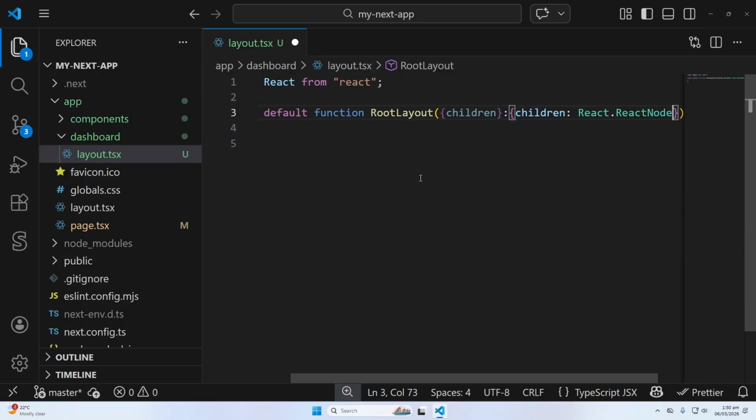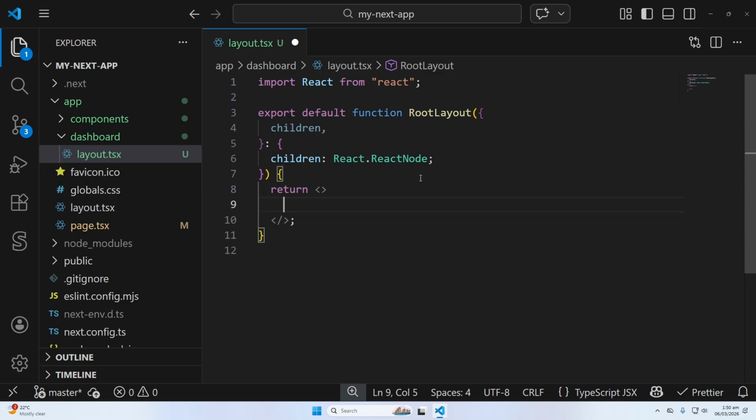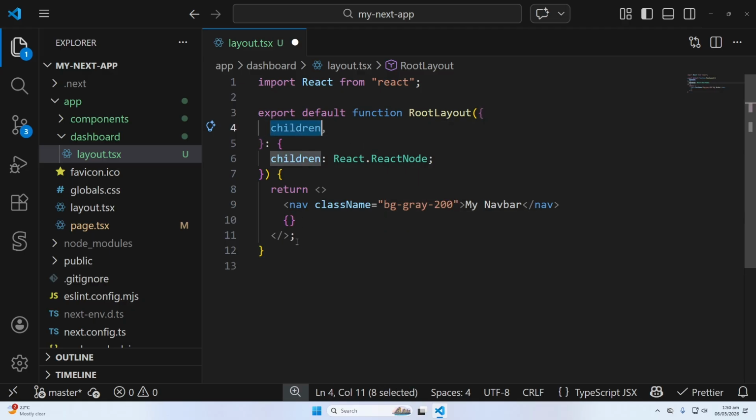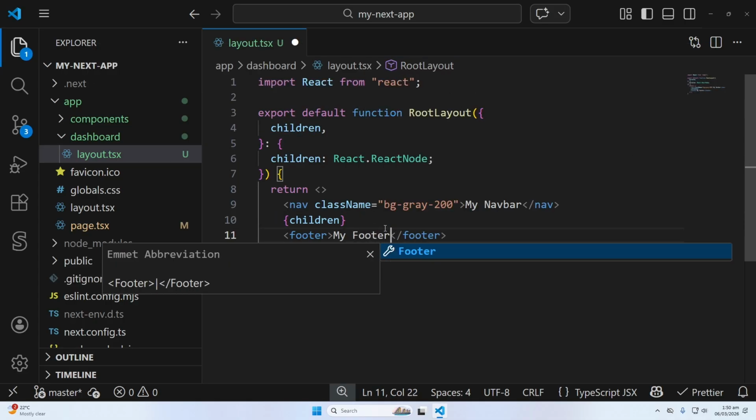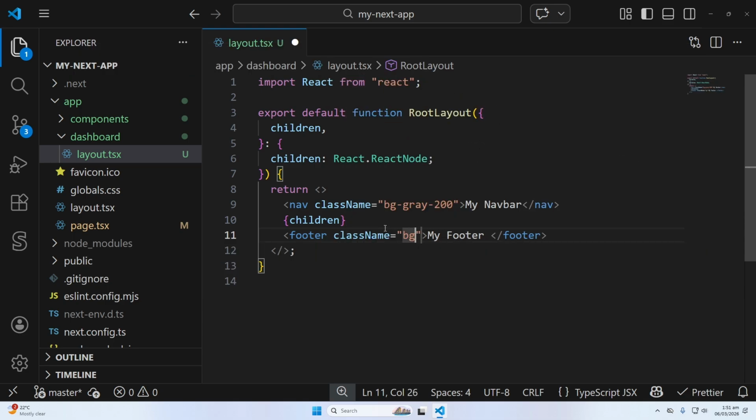ReactNode. Now suppose it will return a navbar here, my navbar. Let me give it a class like bg-gray-200, and here the prop we are receiving, children, is very important. Actually it will go here. So any content that your page will contain, for example a table of users or maybe some analytics in a dashboard, will be exactly placed here. And now let me create a footer here, my footer, and I'm going to give it a class like bg-